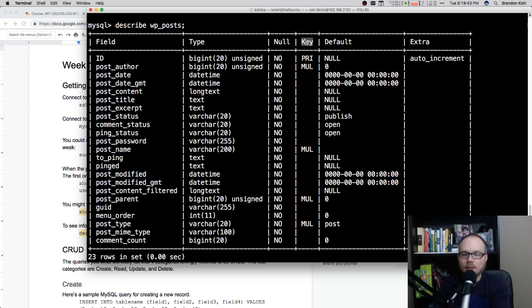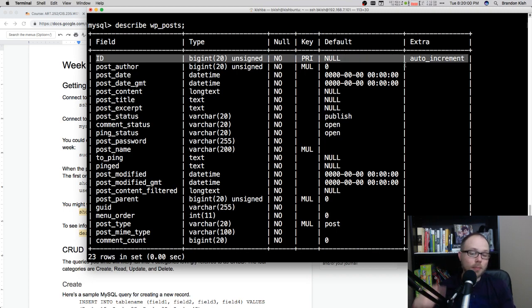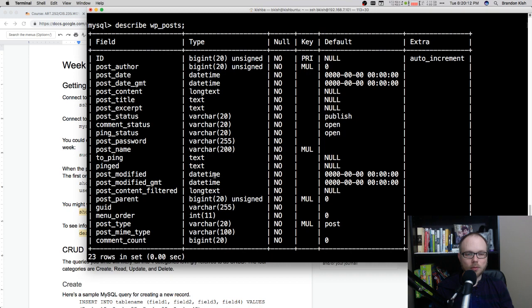This is definitely connected to that primary key and foreign key concept that we're going to talk about a little bit later. And in the extra column, it has some extra behaviors on some of these fields. So this very first one, the ID field, this is an integer, a number, so it actually starts counting at like 1 and it increments by 1. So the next post that I try to put in this table, the WP post table, will automatically get the next higher number, the next higher integer. So that is the WP post table.